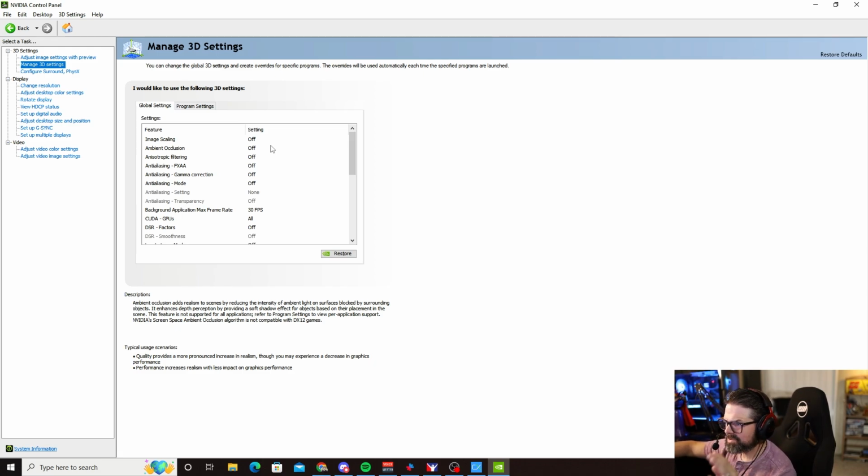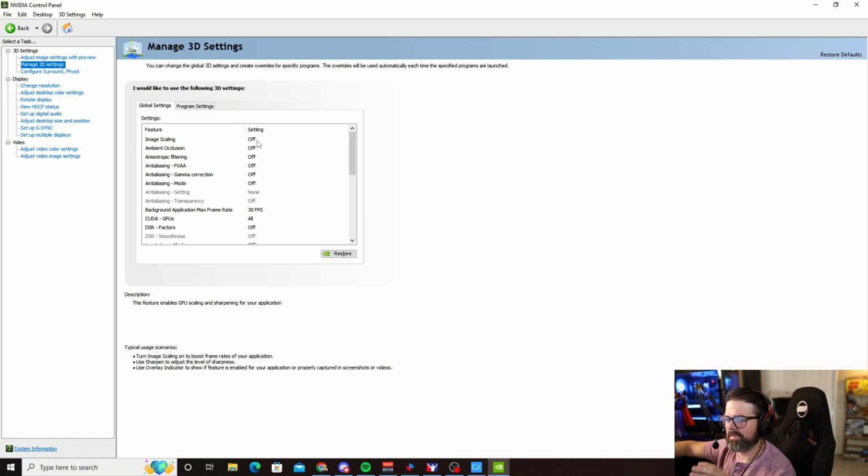And so it can be very confusing for people, because you can get hung up on a lot of stuff. There are things in here that are even labeled so that you think, oh, I want to do this because it's going to increase my performance, and it actually does the opposite. So you have to be very careful.